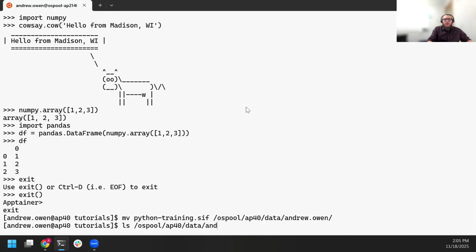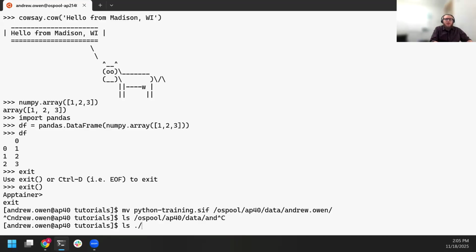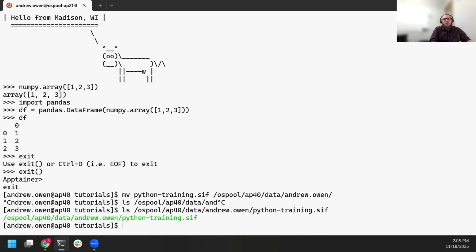Oh no, I made the mistake of trying to tab complete. There we go. If I type this out fully, there we go. And then what I would put into my submit file,